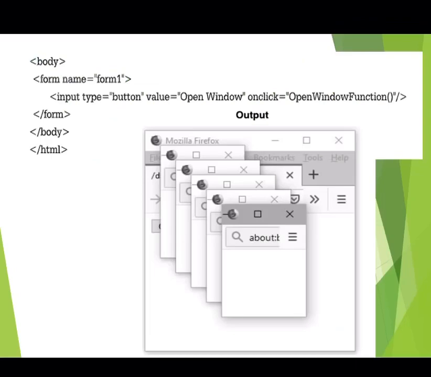take a form, name will be form1, and we'll take a button. On click of that button 5 windows will be opened. So input type is equal to button, value is equal to open window, onclick is equal to openWindow